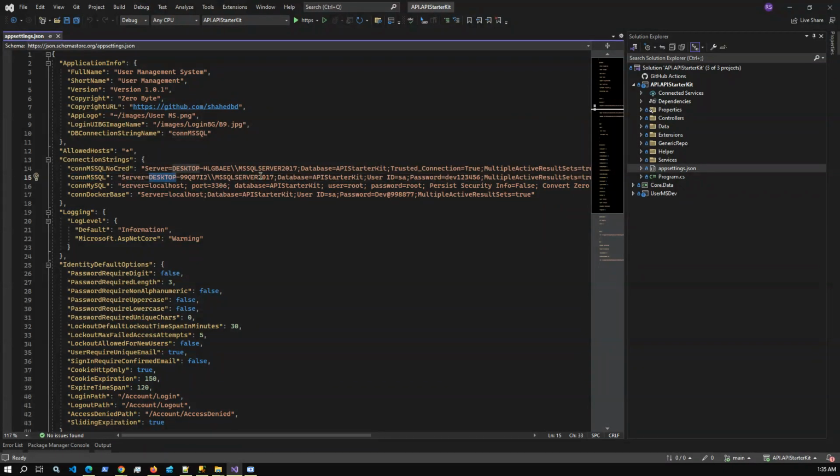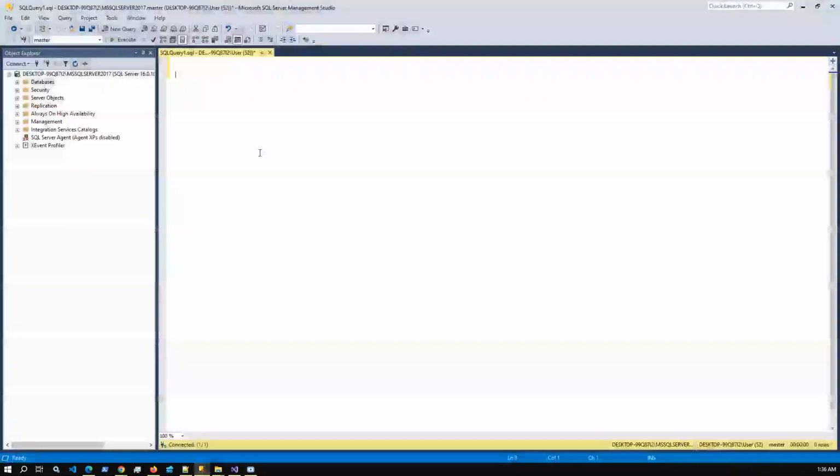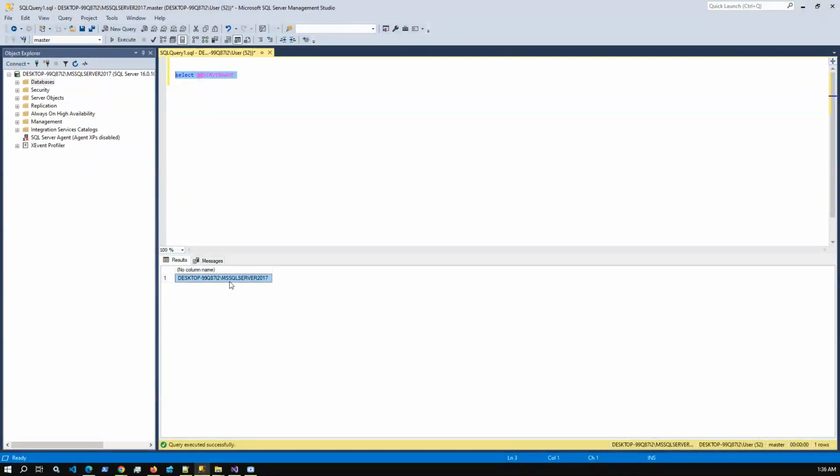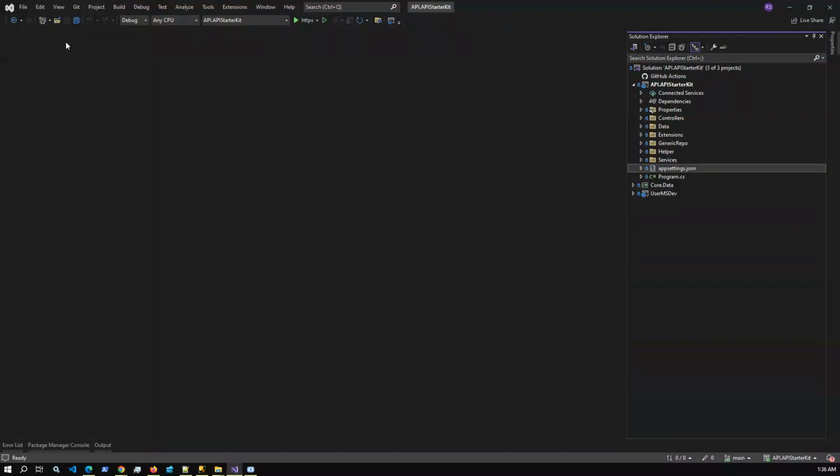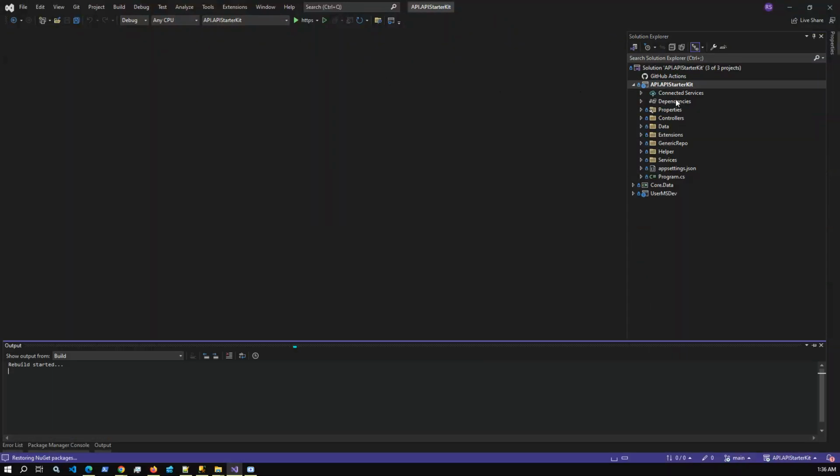And how can you get your SQL Server name? Just go to the SQL Server Management tool and type select @@servername. If you execute this query, you will get your server name; copy and paste it here. I think you know your database name, username, and password. First, make sure the DB connection is okay, and then you have to build